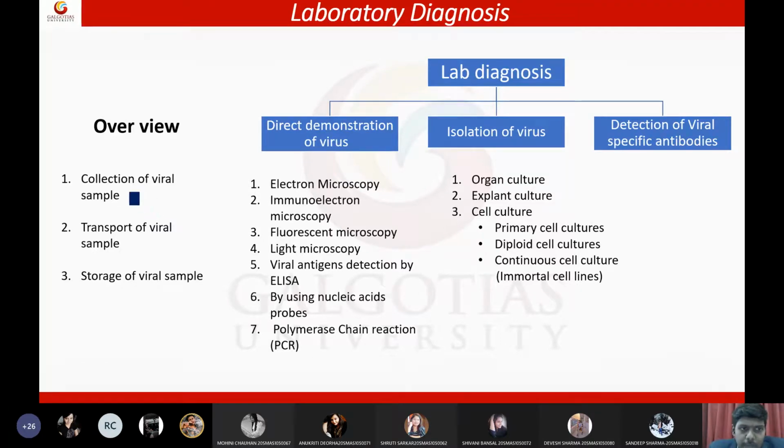Proper collection of viral sample, proper transport of viral sample, and proper storage and processing of viral sample are very important. Apart from your lab investigations, if you make any mistake in the collection or in the transport, this virus may leak into the society. They may release small epidemics. They may become small viral outbreaks, and the community may get affected because of our irresponsibility, our negligence. Our errors can lead to societal issues.